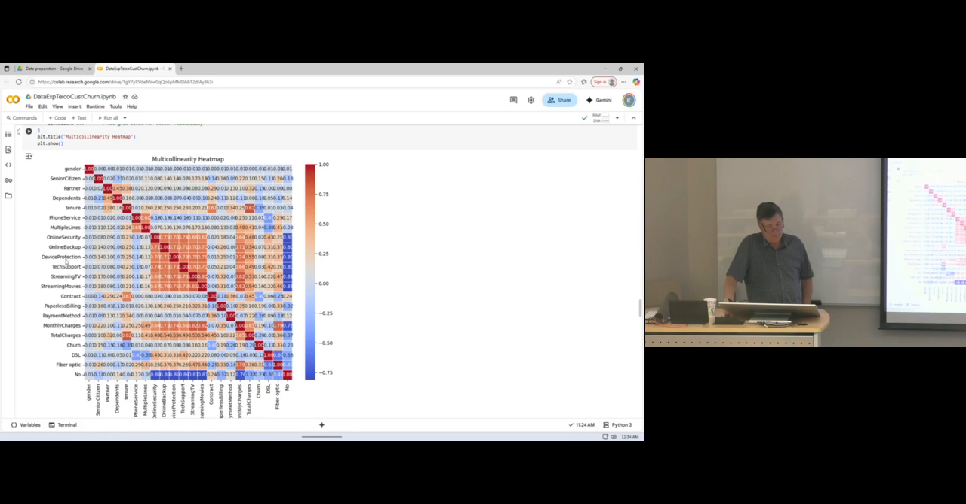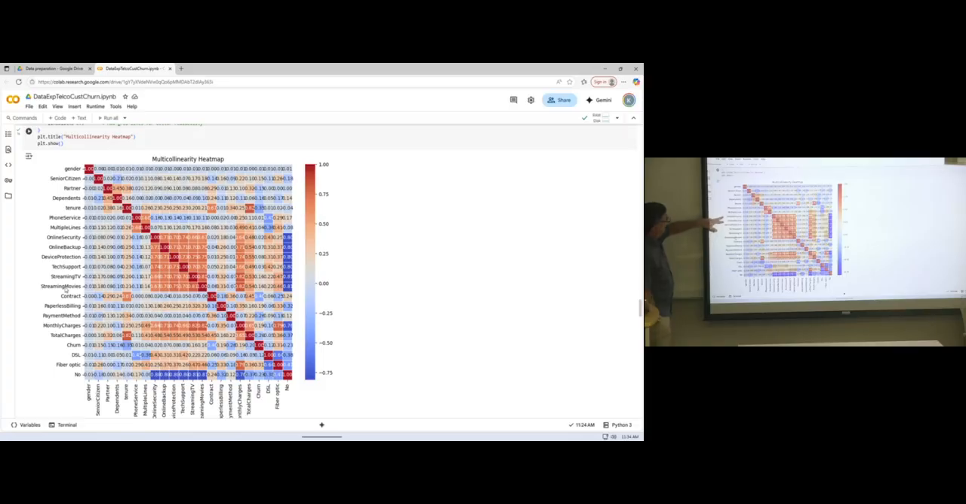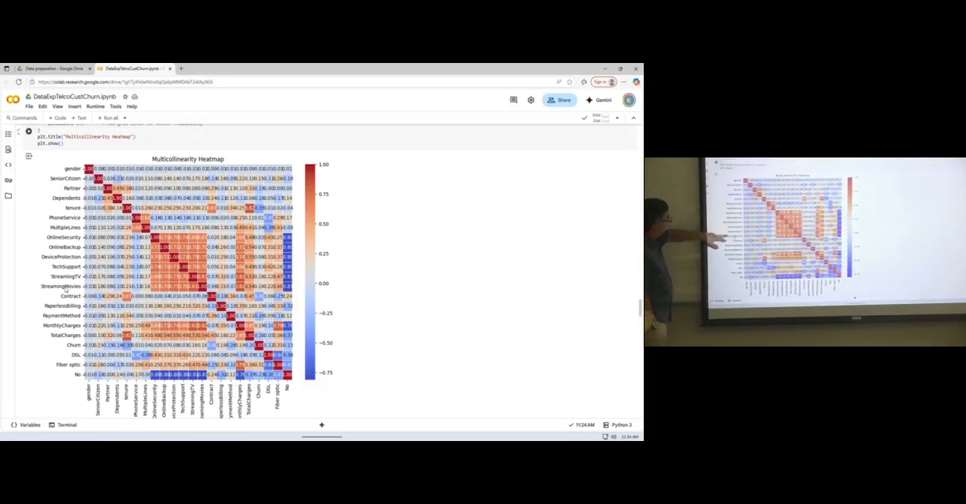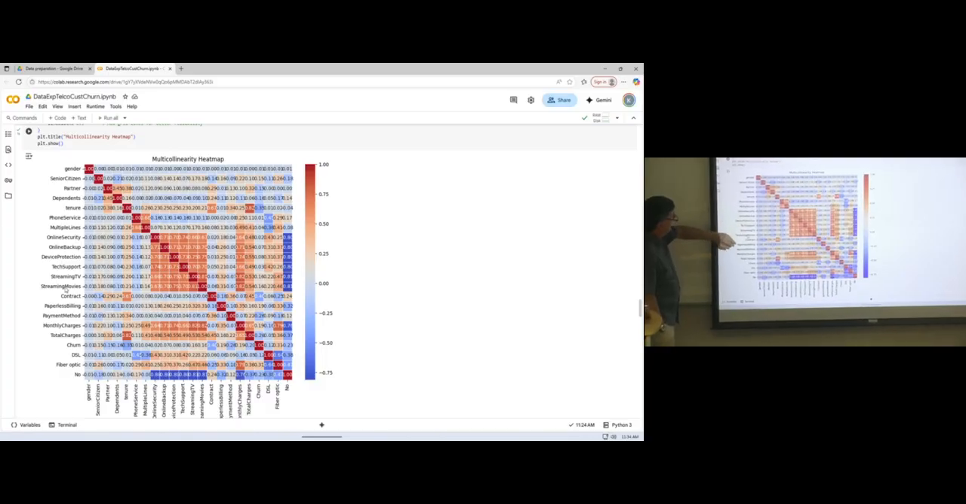Online security, online backup, device protection, tech support, streaming TV, streaming movies. What is this? These tend to be people who are probably tech savvy, they're streaming, they've got device protection, online security, online backup, and notice, these are very high correlations. Then here's monthly charges and total charges, of course, they're highly correlated too. So then you sit there and you go, well, okay,